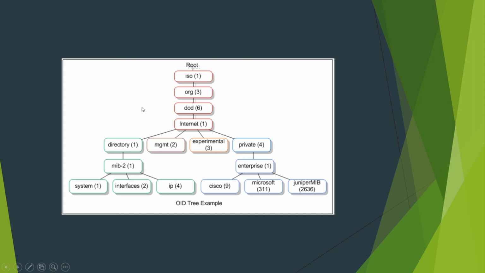We will be doing this pen testing in the network pen testing section. For now I will just show you how to access these variables, or information. All you need to do is walk down from top to bottom of the tree and put a dot in between them. So if I want to access the interfaces, all I need to do is create a string that says 1.3.6.1.2.1.2, and that gives us the interfaces value.